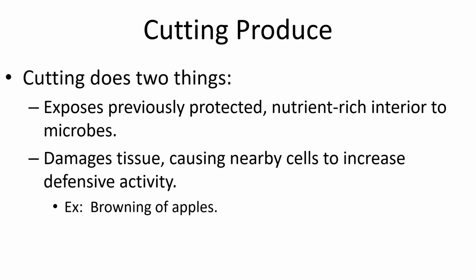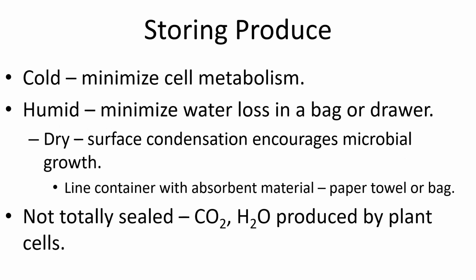But those defensive chemicals are also indiscriminate, and so they also act upon the nearby plant cells, turning the nearby flesh soft and brown. Alright, so how should we store our produce? Because those cells are still alive, we want to keep most produce cold to reduce the cellular metabolism. We want to minimize moisture loss, but we can't simply enclose it in an airtight container because the cellular respiration